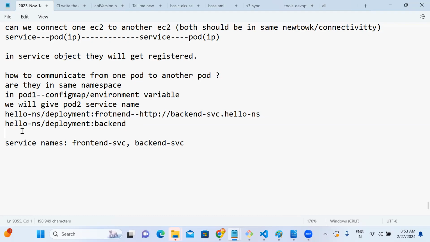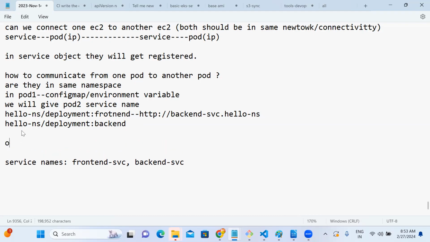This is the syntax. Let me give the syntax: how to call one service from another service. You have to give HTTP, based upon the protocol. For example, I'm giving it here. If you want to call one service from another service, you need to give the service name